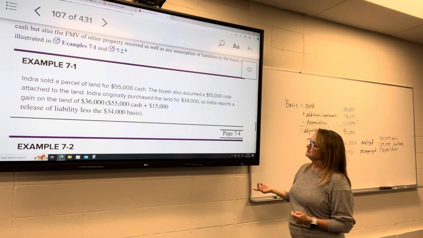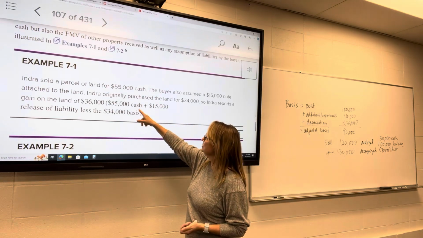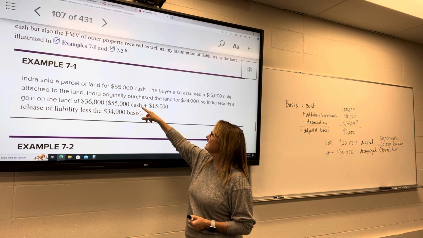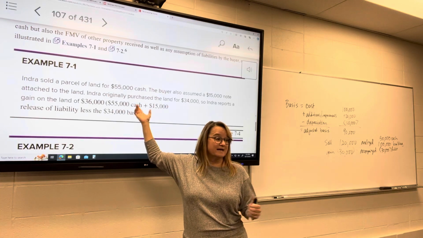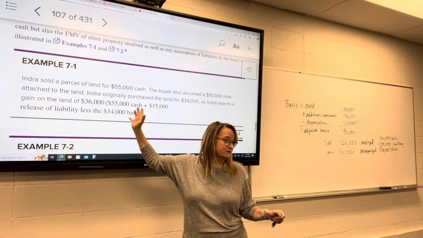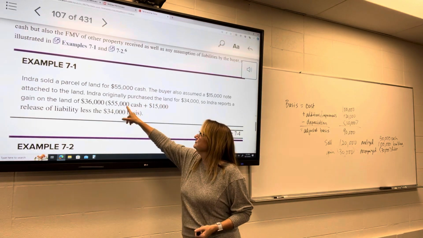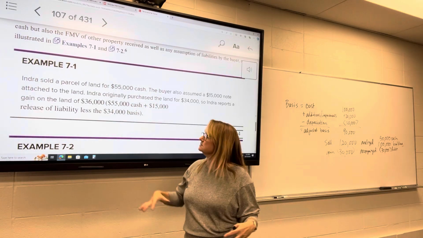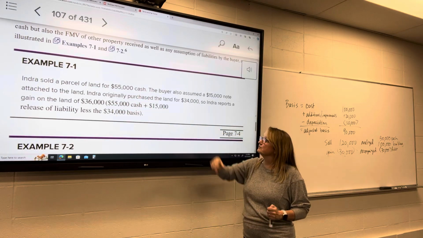So what it is, it's the $55,000 in cash that she received, plus she received $15,000 of benefit because now she doesn't have to pay that loan off. She no longer has that loan. She's $15,000 richer because she doesn't have to pay it, right? So $55,000 of cash plus the amount of the loan that was released minus the $34,000 basis for the land